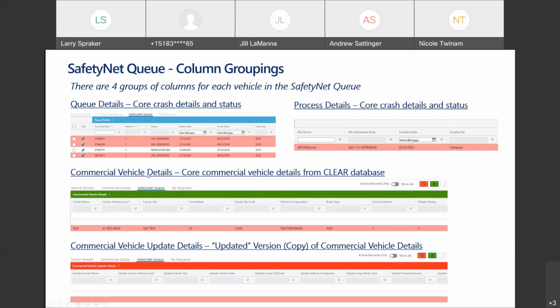Then to the right of that, right under here, you're going to see this green strip, which is the commercial vehicle details. This is from the core clear record. This is the actual commercial vehicle details in the clear database, compared to the next group, which has the commercial vehicle update details, quote unquote. This is the updated version, or that sister copy of the commercial vehicles, which is similar to the spreadsheet replacement, right? So when we were editing as a commercial user, we were editing this copy,